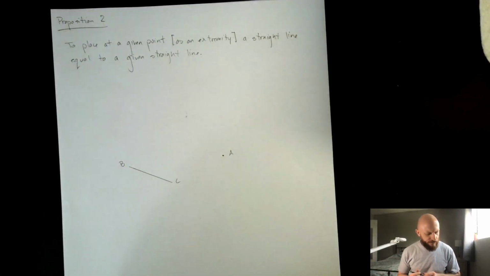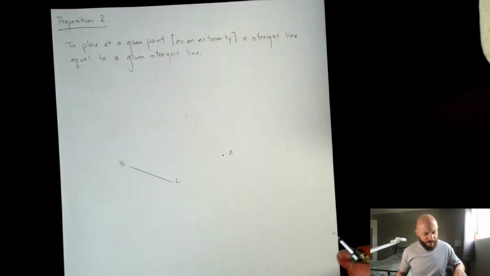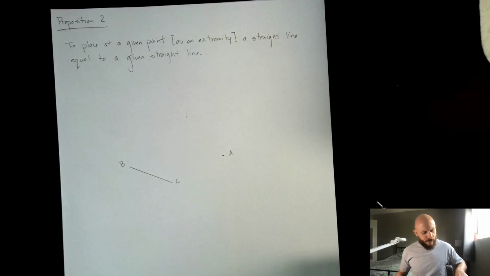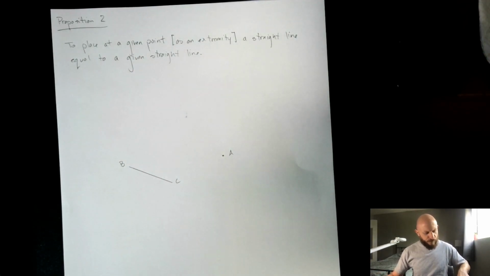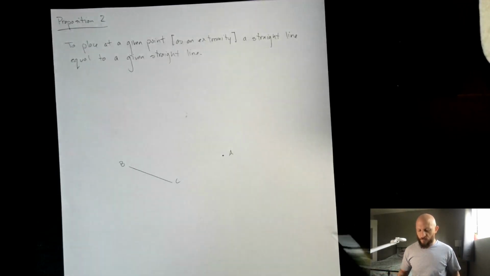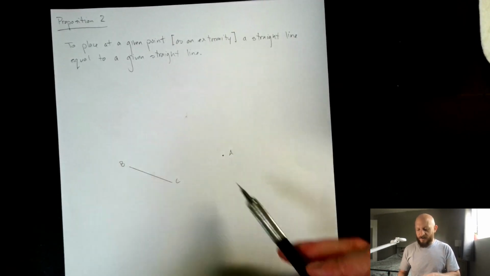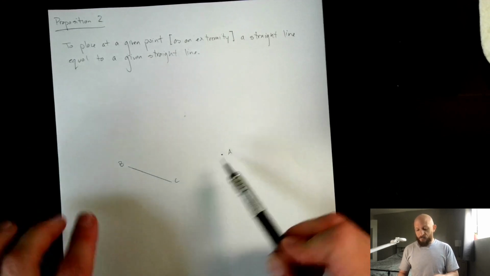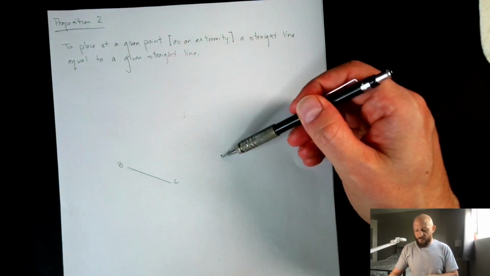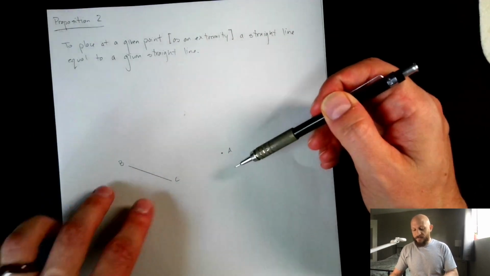Alright, hey everybody, so this is going to be proposition 2 of book 1 from Euclid's Elements, which is, again, another construction proof. So, to place at a given point as an extremity a straight line equal to a given straight line. In other words, if you're given a straight line and just some point that is not on the line, we want to recreate off of this point A another line